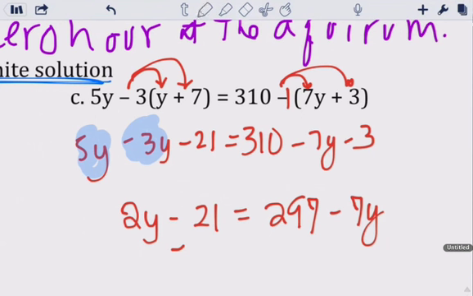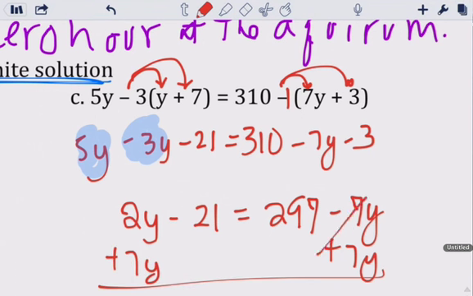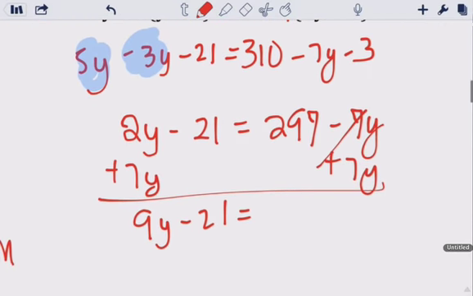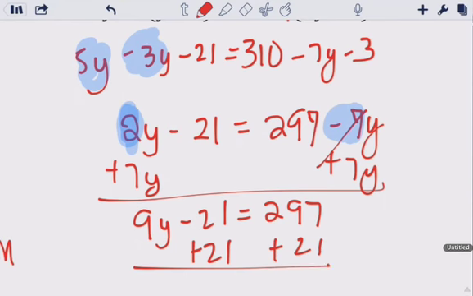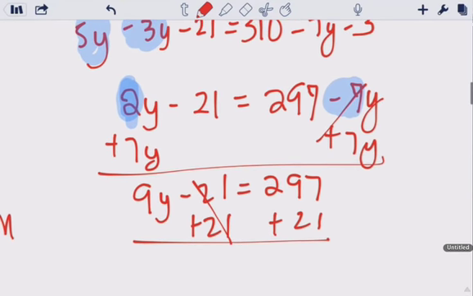Okay. Add 7y, add 7y. 9y minus 21 equals 297. Hey, this is one solution, because look, the coefficients were not the same. They're different. When the coefficient is different, you're going to have one answer like we have here. That one answer is